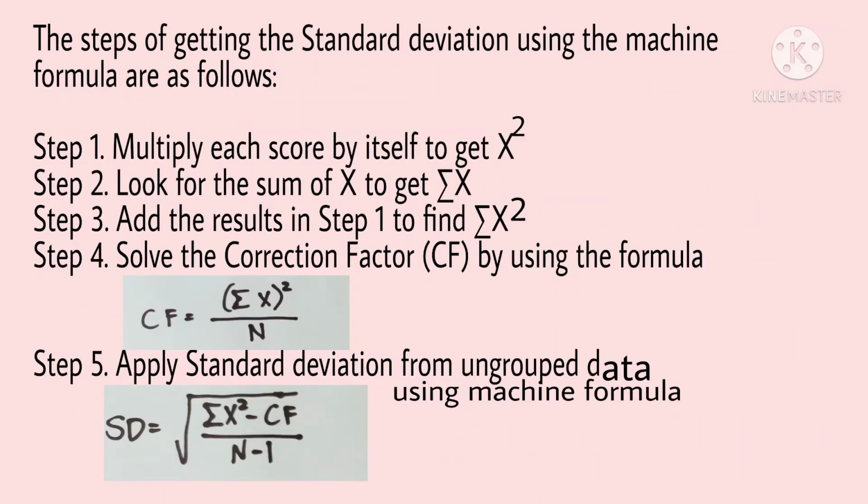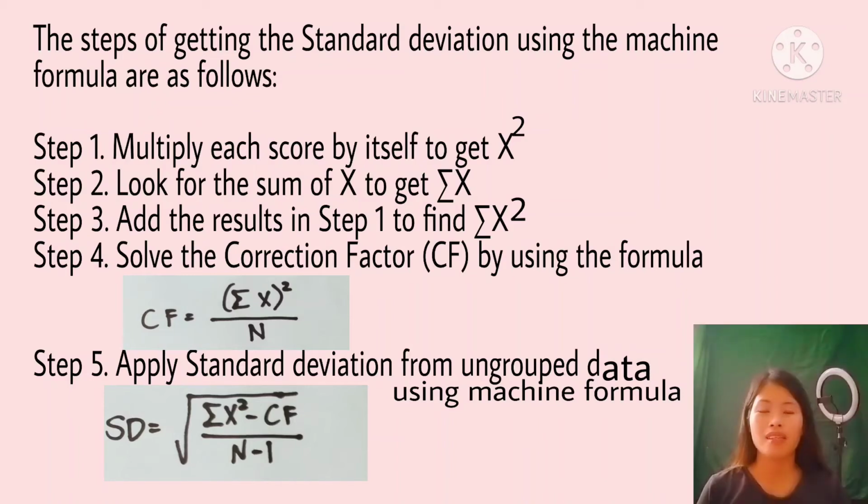Before we get the standard deviation, let's find out first what the steps are in getting the standard deviation using machine formula. The steps are as follows. Step 1, multiply each score by itself to get x squared. Step 2, look for the sum of x to get the summation of x. Step 3, add the results in step 1 to find the summation of x squared. And step 4, solve the correction factor,